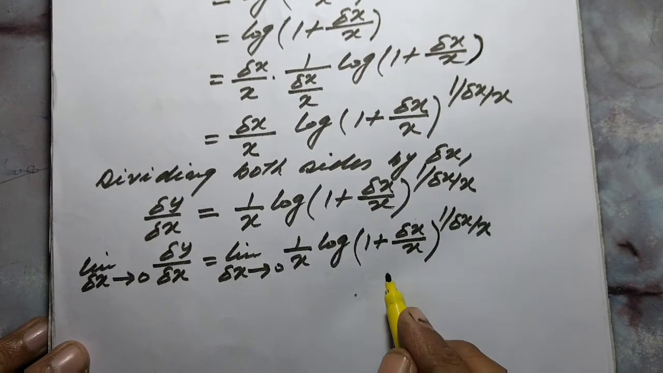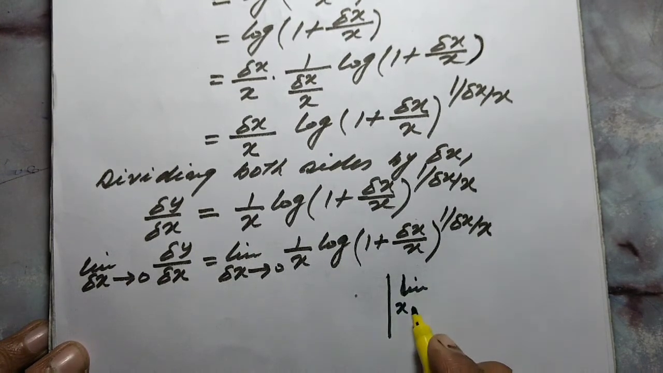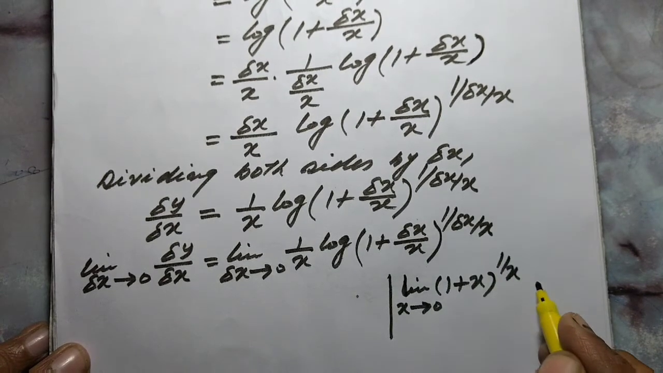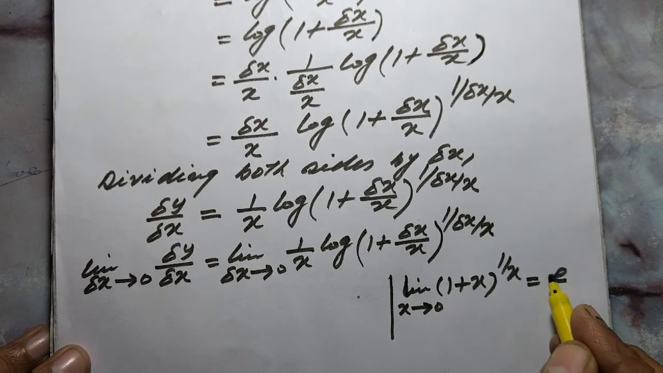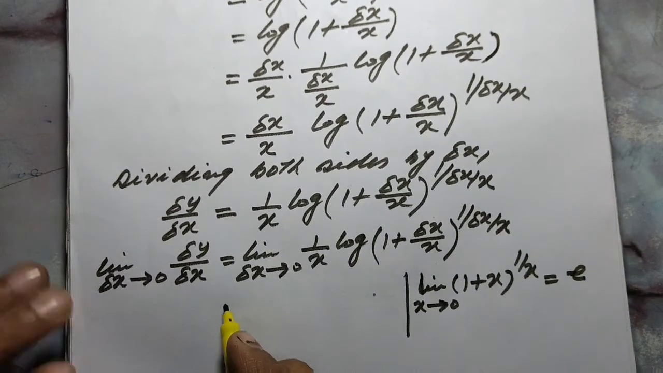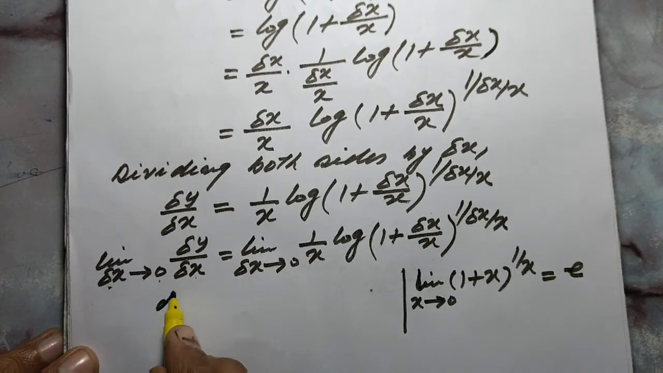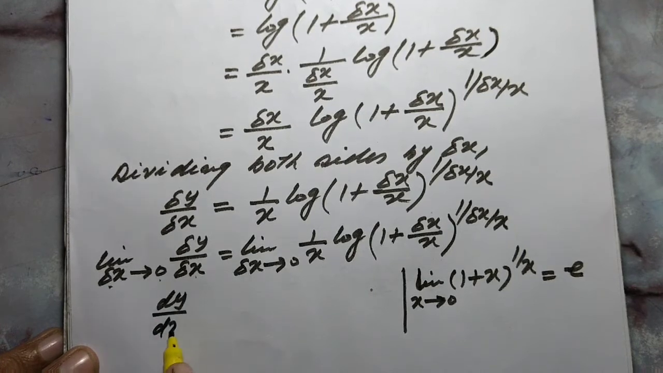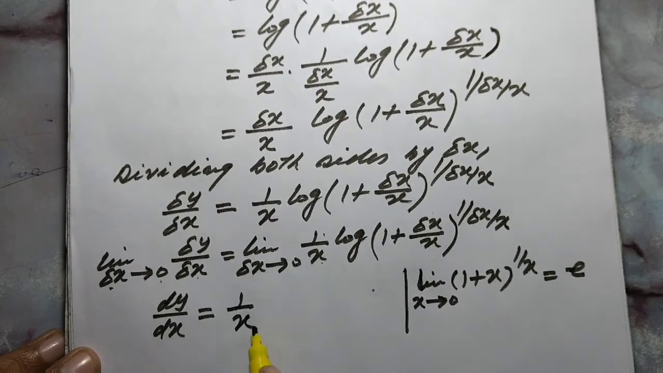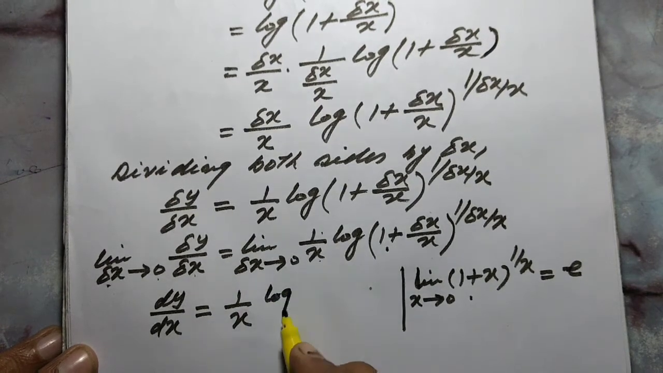As we know, by standard limit, limit x tends to 0, 1 plus x raised to the power 1 upon x is equal to e, that is exponential coefficient. So by differential calculus, limit delta x tends to 0 del y upon del x is denoted by dy upon dx is equal to 1 upon x as it is, and applying this limit in this we get log